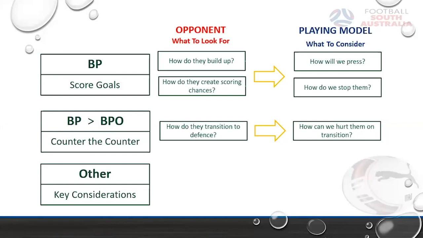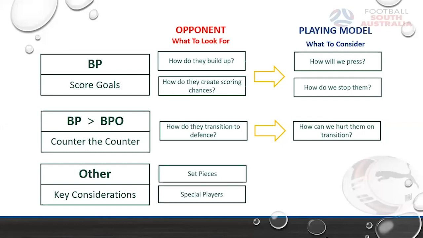And maybe there's a couple of other factors that you want to consider. So how do they deliver their set pieces? And do they have any special players that have the potential to hurt you? Can you put dossiers together, show players clips of how they deliver in swinging corners, out swinging corners, free kicks, or any players that are likely to cause you trouble or potentially hurt you? And then you can come up with opportunities and strategies for how you limit their abilities.